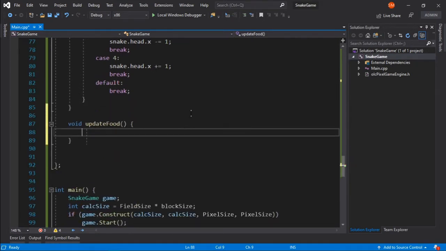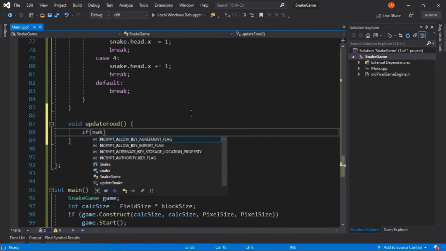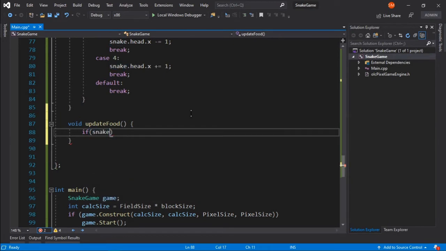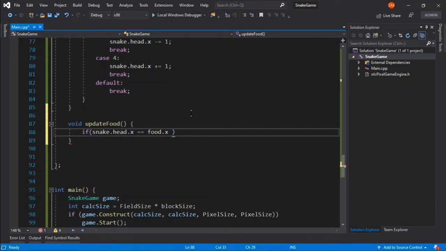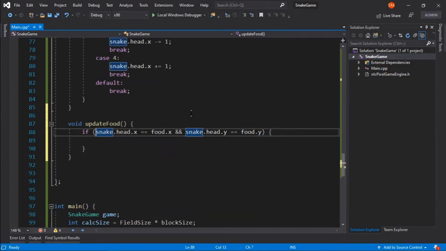Inside update food, what we will do is check if the coordinate of the head, snake dot head dot x, is equal to food dot x, and also we will check if snake dot head dot y is equal to food dot y, and then we need to push a new element to our body.